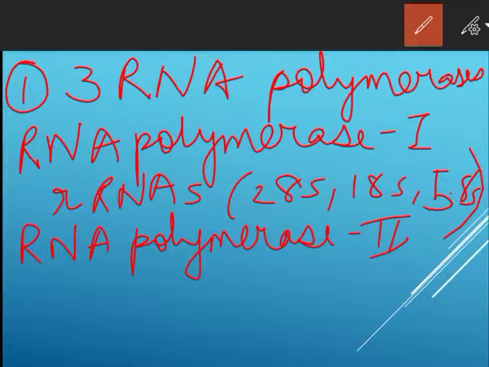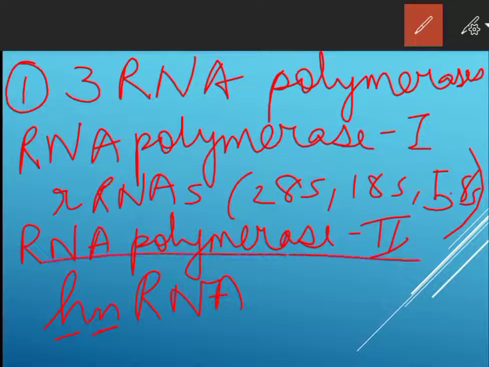It transcribes the precursor of mRNA, which is called heterogeneous nuclear RNA, hnRNA. So the precursor of mRNA, which is called heterogeneous nuclear RNA, is being transcribed by RNA polymerase 2, and the third one is